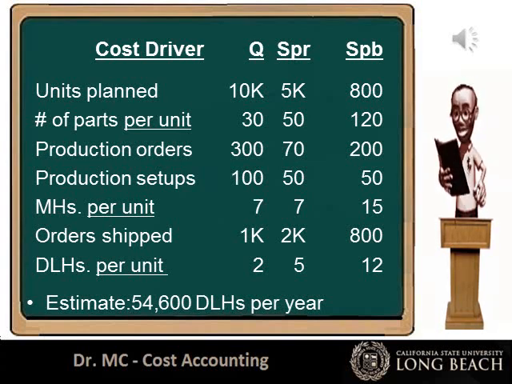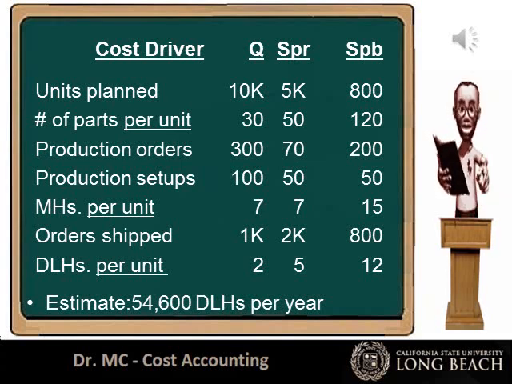It takes 7 machine hours to make each unit of the superior product, and it takes 15 machine hours to make each unit of the superb product. If 10,000 quality units are made, then the entire line of the quality product needs 70,000 machine hours. If 5,000 superior units are made, then the entire line of the superior product requires 35,000 machine hours. If 800 superb units are made, then the entire line of the superb product requires 12,000 machine hours. The total number of machine hours needed to make all of the units produced by the firm is 117,000 machine